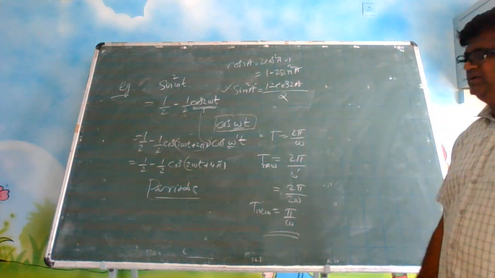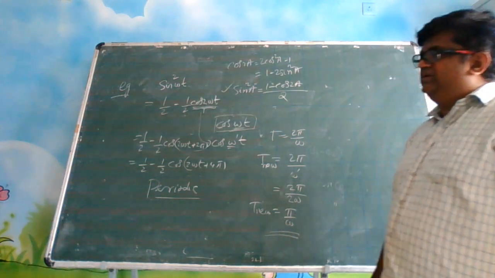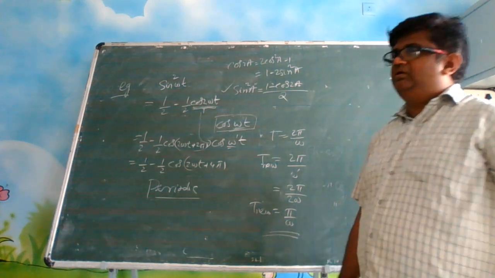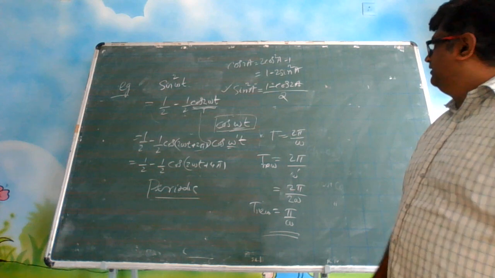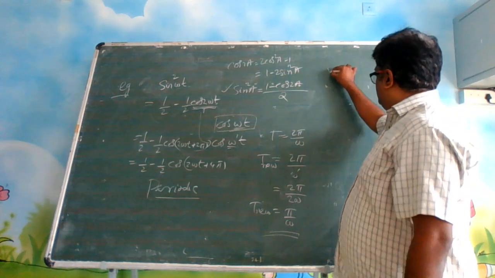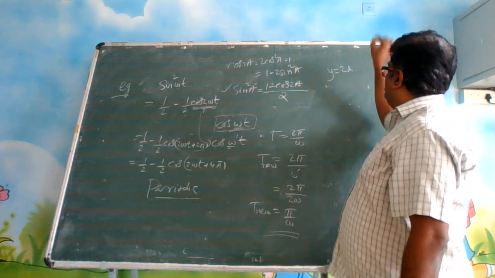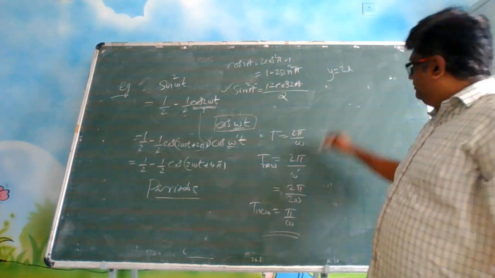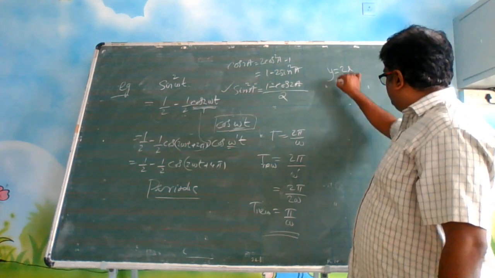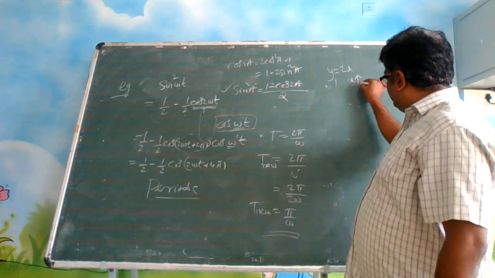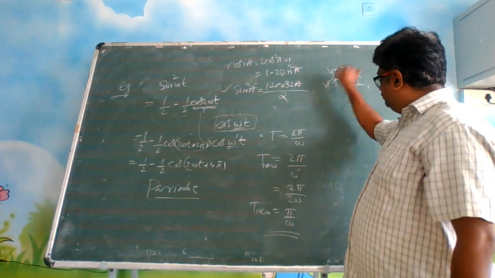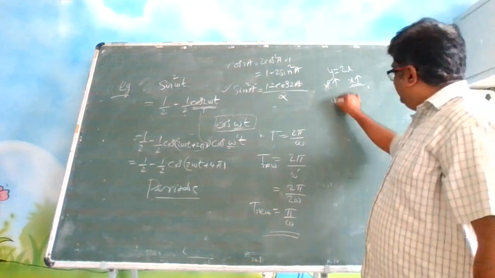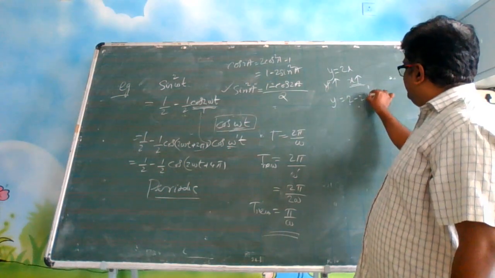What about the second condition? The second condition was that acceleration should be proportional to the displacement. Look carefully. Let us say y is equal to 2x. Is y proportional to x? Yes. You keep on increasing the x value, and the y value will also increase. Pretty simple. Let us say I have another equation, 2 minus 2x.